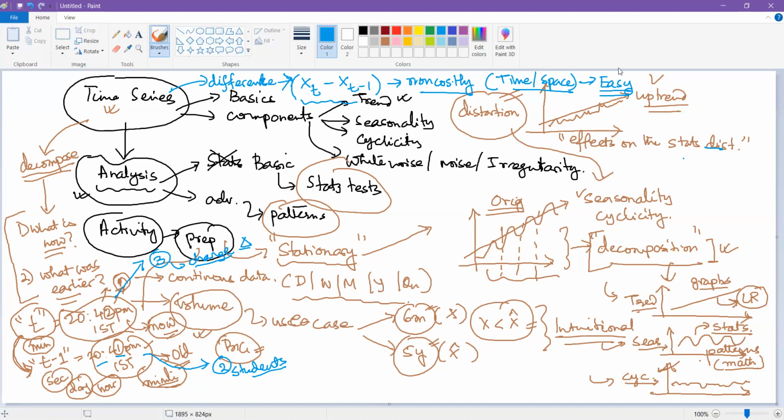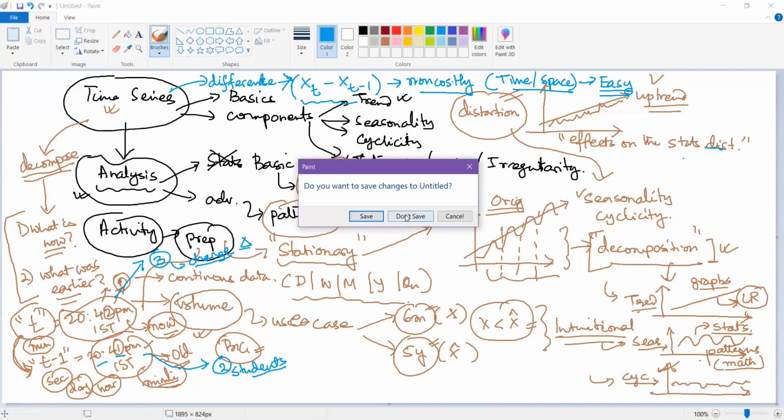This differentiation activity that I just did is also known as detrending of the data. Because merely by doing this for all the points in my data, I will be able to clearly remove the trend.